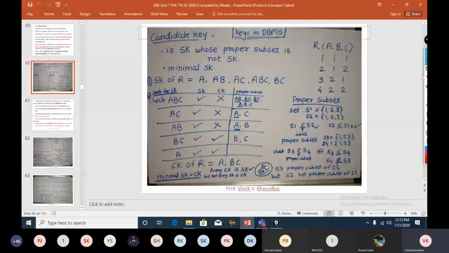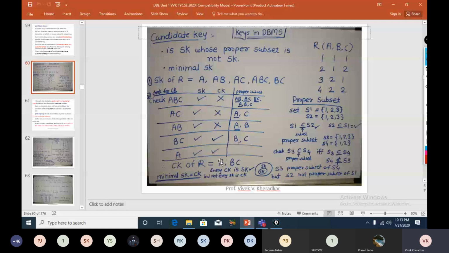One important point: every relation consists of only a single primary key, and the remaining candidate keys other than the primary key are called alternate keys. So among these candidate keys, I can choose BC as the primary key also. I only have to check that the combination of BC is not null. If I choose BC, then A is the alternate key. So it's a choice of the database designer which candidate key to choose as the primary key, but the remaining candidate keys are called alternate keys. The only constraint is that only one candidate key is the primary key. So that is about the primary key.